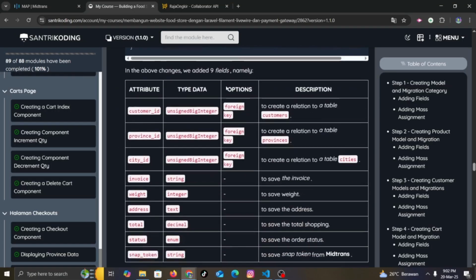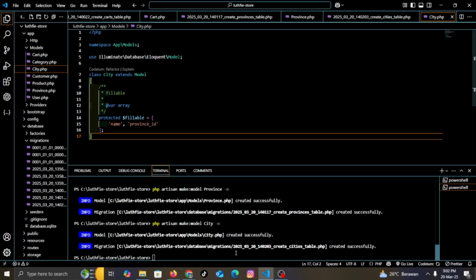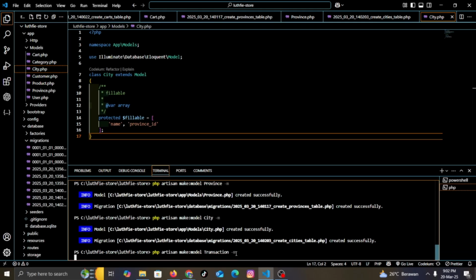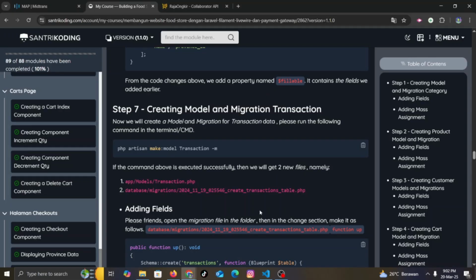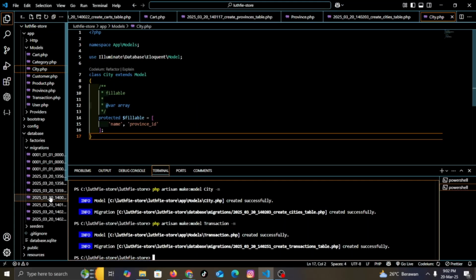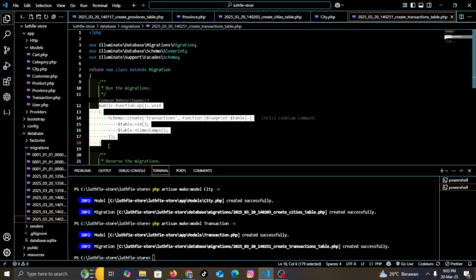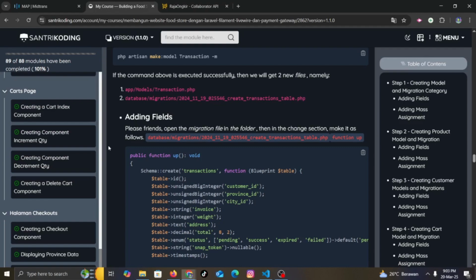Creating a model and migration transaction. Change this public function up.